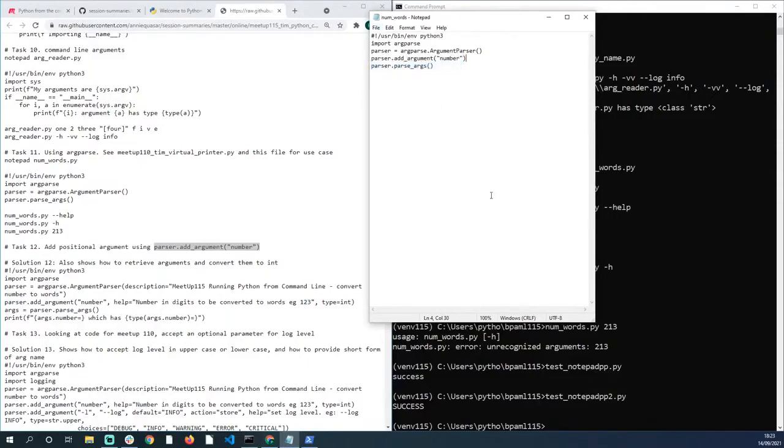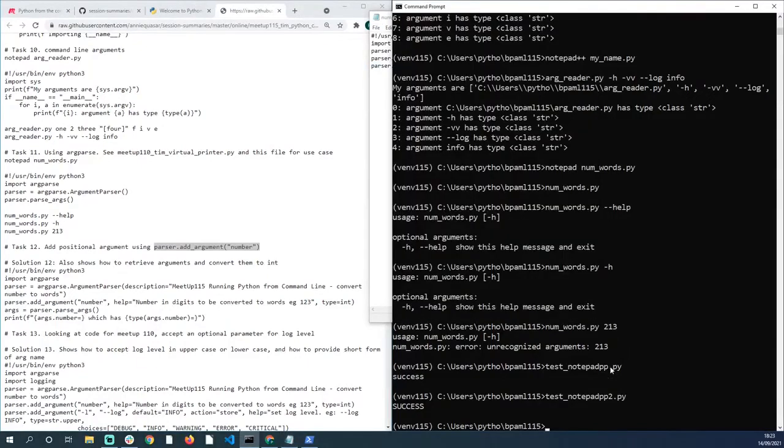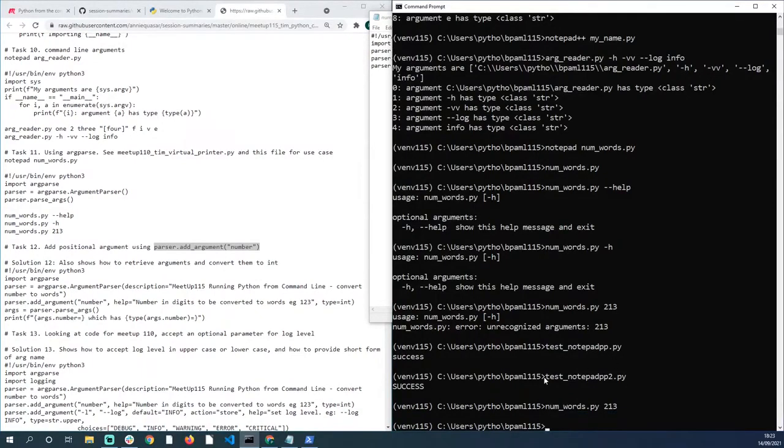So I'll save that. And so the question we had before, we tried to run numwords.py 213, and that now works. Doesn't do anything, but it now works. And now if I call up the help,